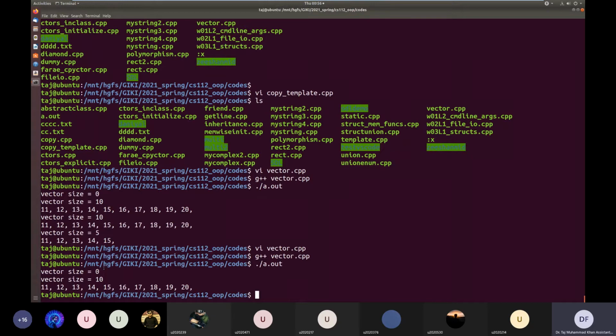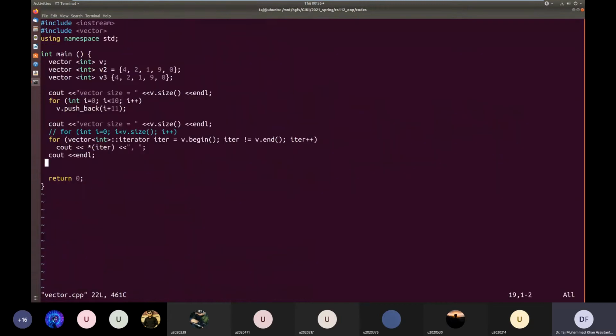Okay? But this time we have done it using iterators. So the iterator starts from the beginning by acquiring the iterator for the first element using this begin function, and it continues using the plus plus interface. It continues going through the next element as long as this iterator is not equal to the iterator returned by the function end, which is one past the last element.